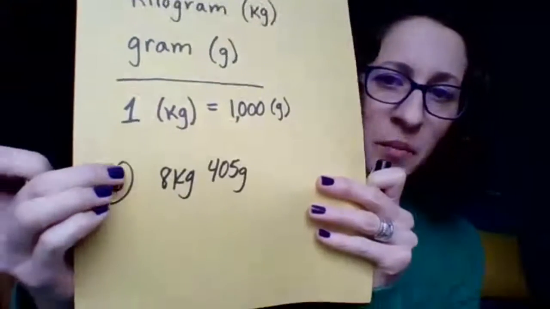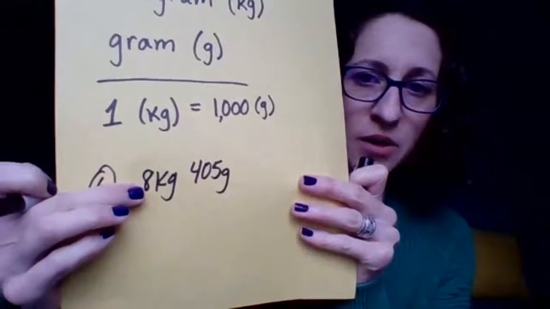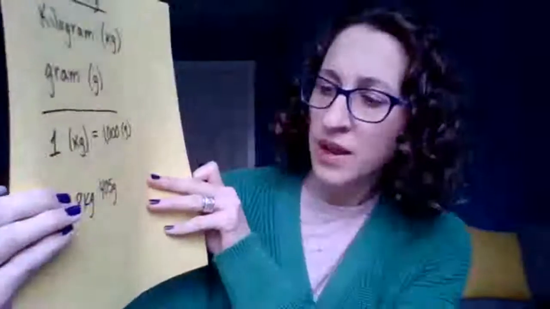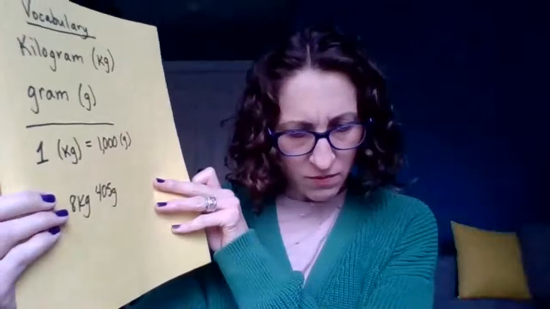So this is a problem for us to do based off of the example that we just went over. So this one has 8 kilograms, 450 grams. So remember, this one's number 6. I'll write this one down just to remind you how you're gonna separate that out. So here's the problem, since we can't write in our book. Number 6, we've got our 8 kilograms, 405, did I copy that right? 405 grams. Okay, so now we're gonna separate the 8 kilograms,